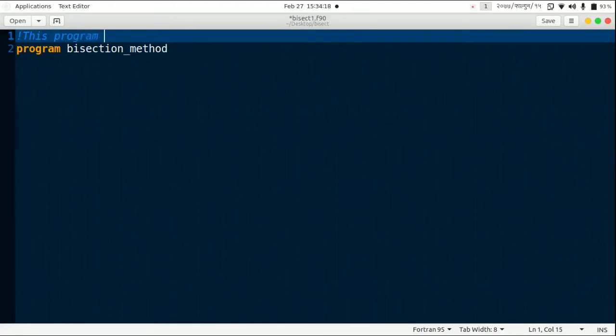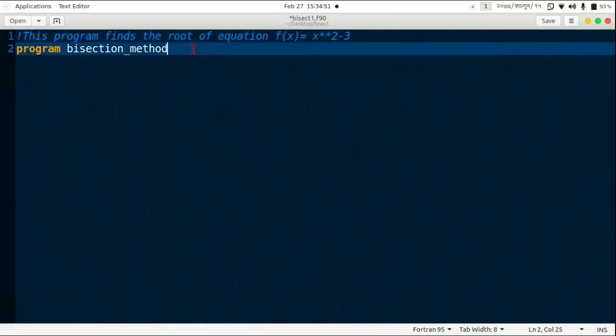This program finds the root of equation f of x equals to x square minus 3. We just described what our program is going to do, and